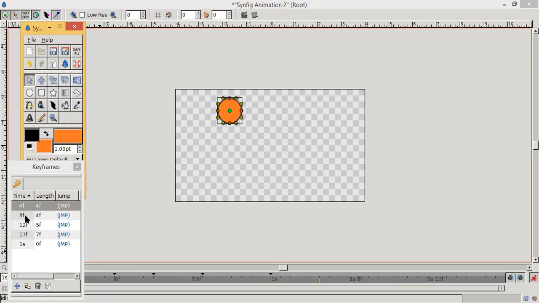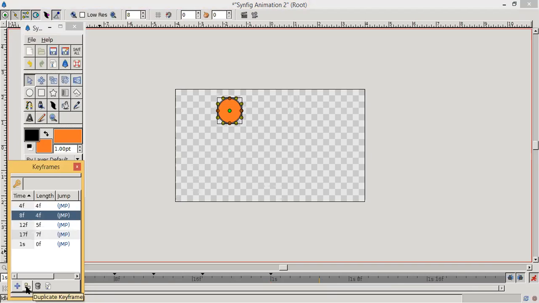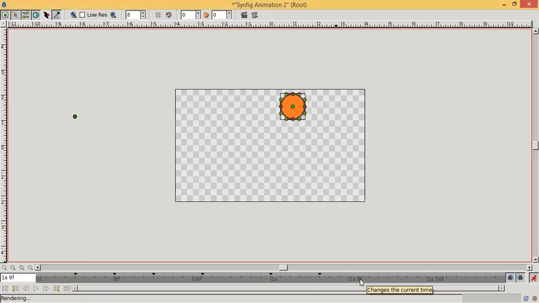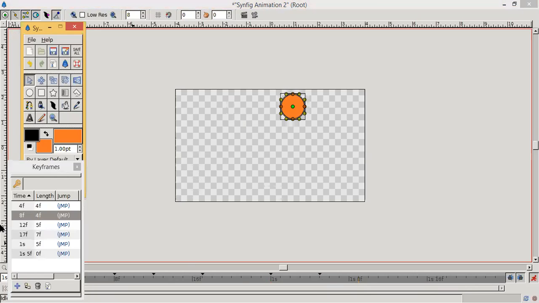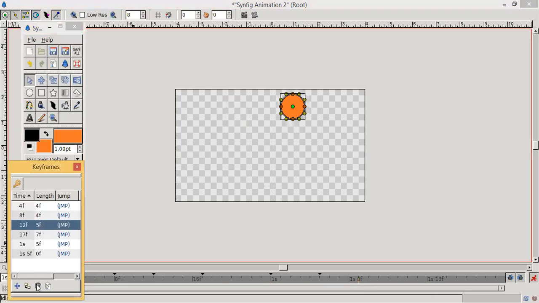Now we'll duplicate the 8 frame. Duplicate keyframe. Now we will move it here. Now we'll use the duplicate of 12 frame. Are you able to see?